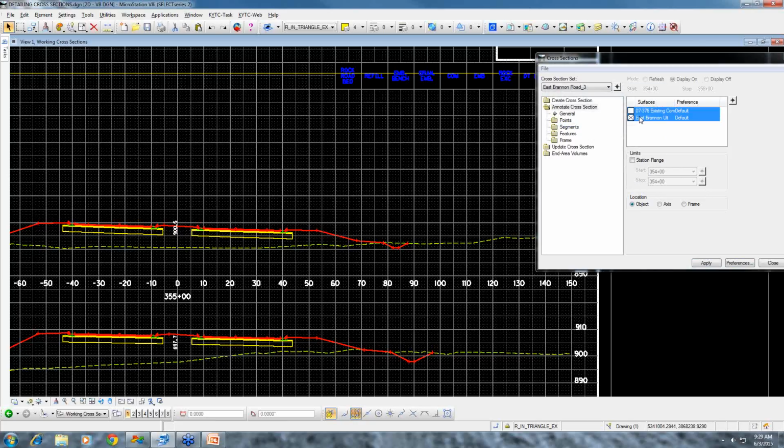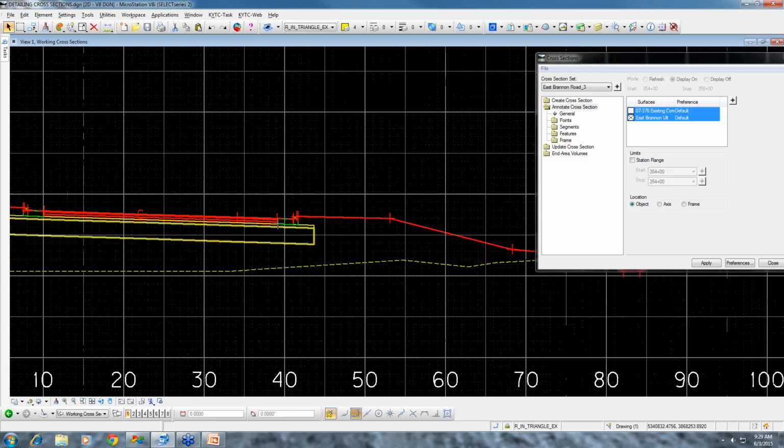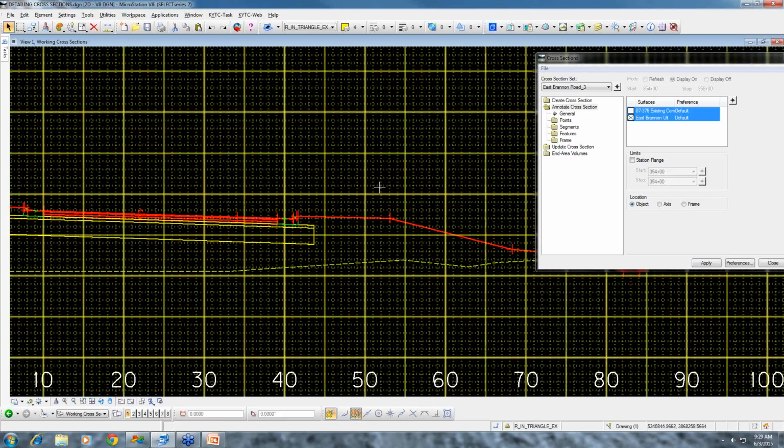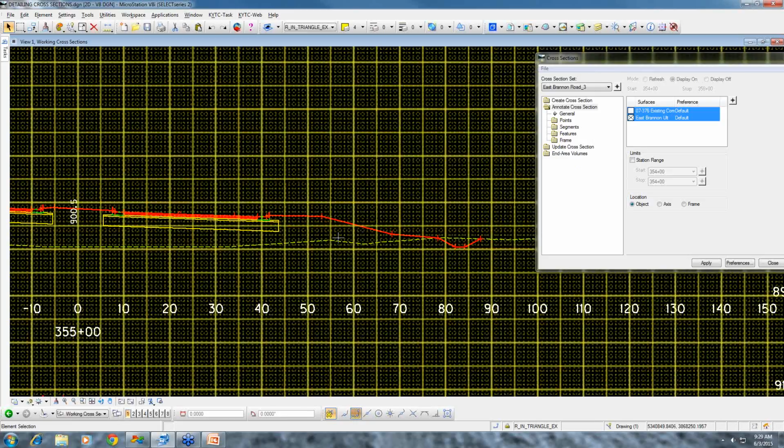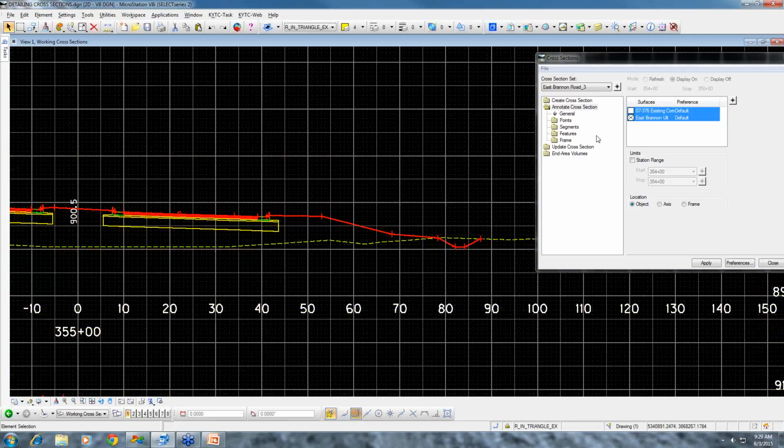We'll select our proposed surface. And now we're going to concentrate. We're going to have to go down here and select what we've turned on, which one of these features. And like I was showing before, there's several different ways to pick these features, and you could go in and select them off of the plan view, however you want. Most people are probably going to know what they name their edge of pavements. If you don't, use the identification tool. So I know what these are, so we're just going to go in here and we'll go to